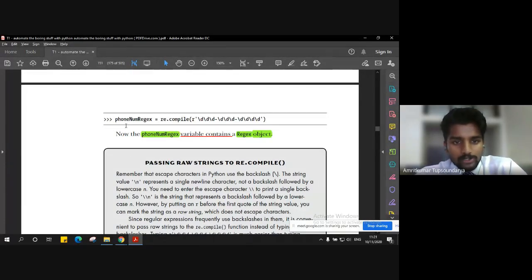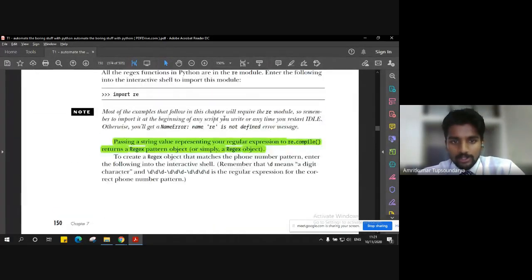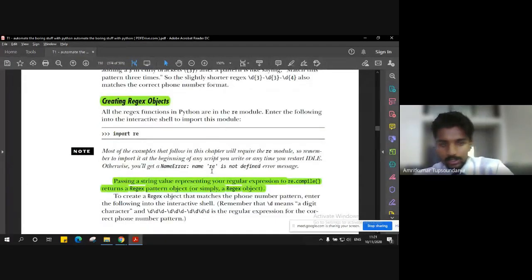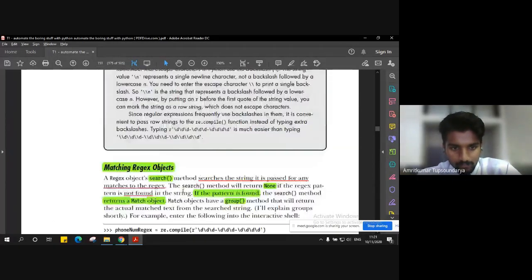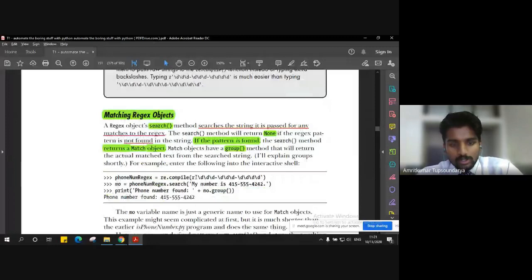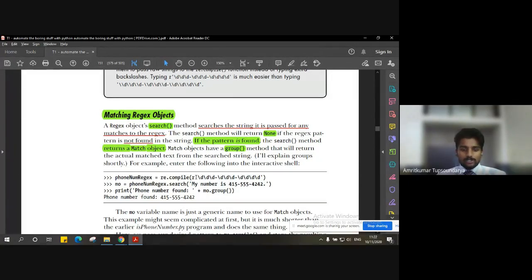Now, having learned so far how to compile the regular expression, how to include a regular expression, what the compilation will return, that is the regular expression object, how to store that regular expression object, and how the complete program can be structured, we will see that. So when we have this regular expression ready, we can compile it. Now, how to match those objects that the regular expression compiler returns. For example, let's say we have this matching regular expression object itself.